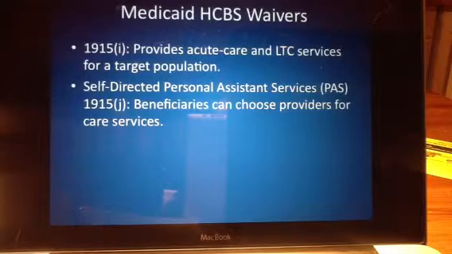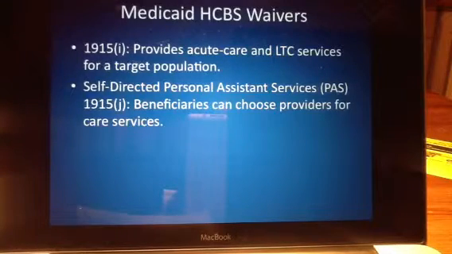The 1915I waiver allows Medicaid beneficiaries to receive acute care and long-term care services if deemed eligible for the services. States are responsible for targeting a specific population that it intends to treat under the waiver. Once the population is specified, the states must develop home and community-based services that meets the needs of a specific